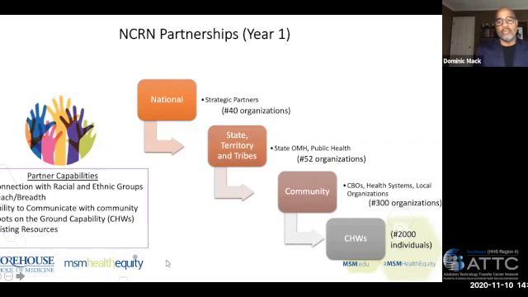The partnership model is so important as it is when we look at all the modeling. And within this one, within the first year, you can see the numbers that we anticipate having at each level. We are looking for national partners that have a local focus within the community. They're capable of community outreach or connecting with those who are within communities. So national partners, but also state and territories, federal agencies, public health, OMH, and community-based organizations, along with community health